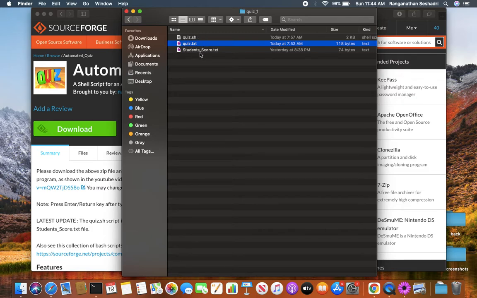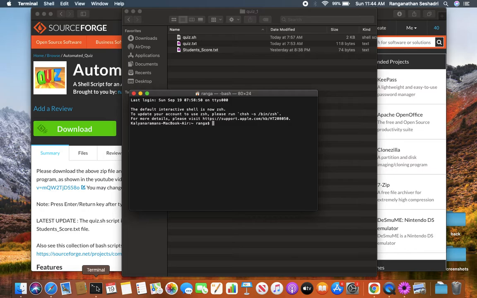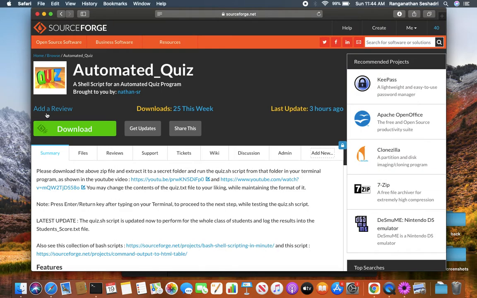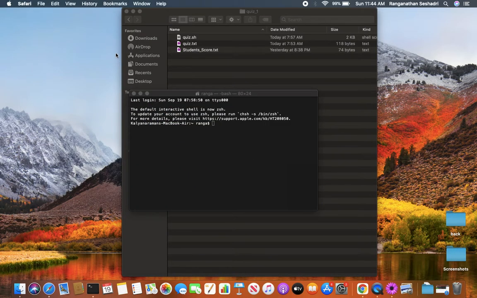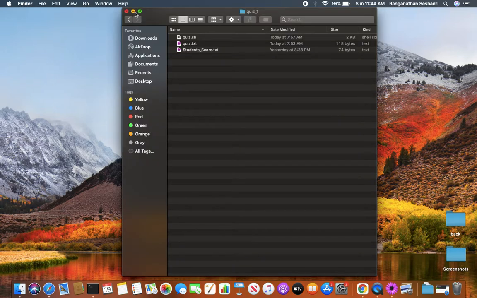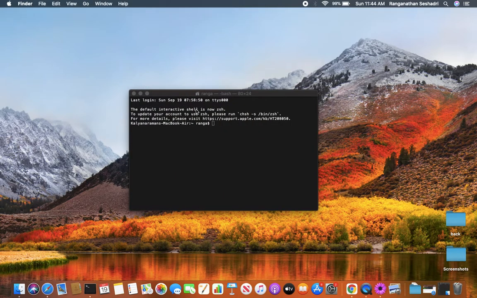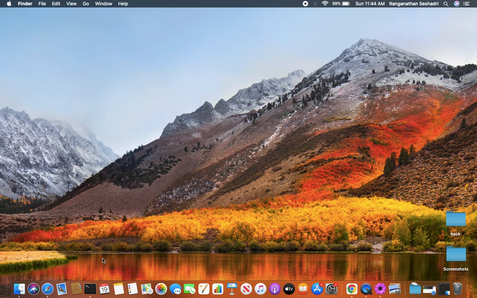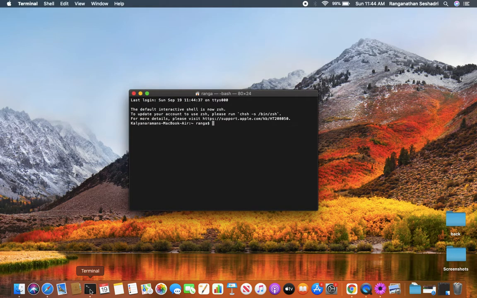Let's see how this application works, quiz.sh. I will open the terminal. I will meanwhile minimize all these things. I'll open the terminal again. Clear the screen.